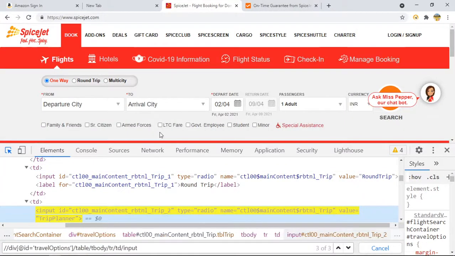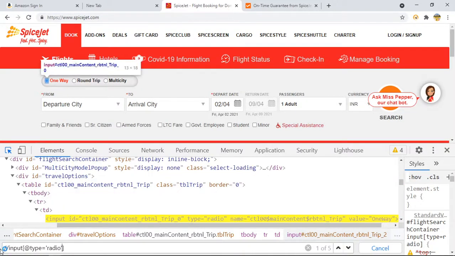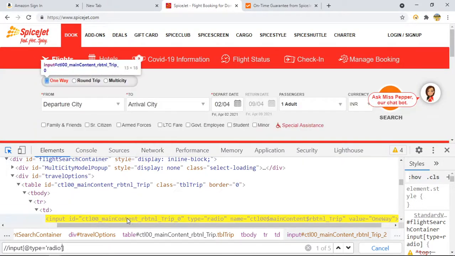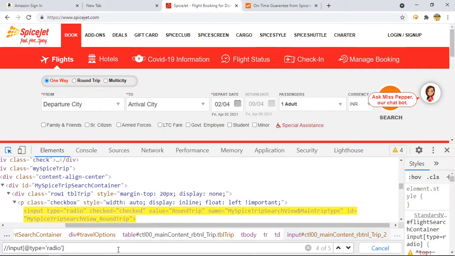See why I have written it this way, because you might say that earlier we were getting 5. If I write it this way, like input @type radio, you can see first it is highlighting the first one, which means the total count is 1. If I hit enter, it is second, it is third. Now after that, if I hit enter again, it is not going to provide us any text box.